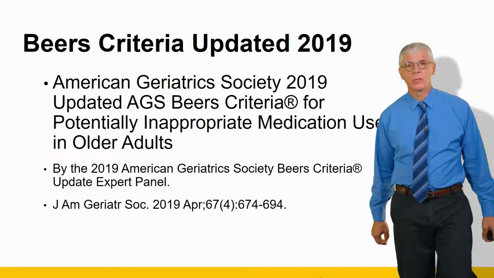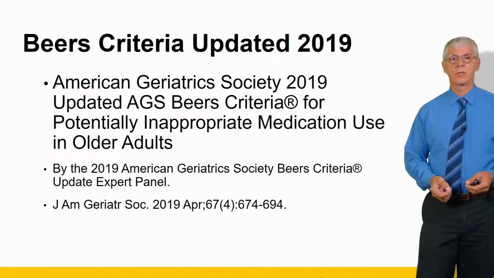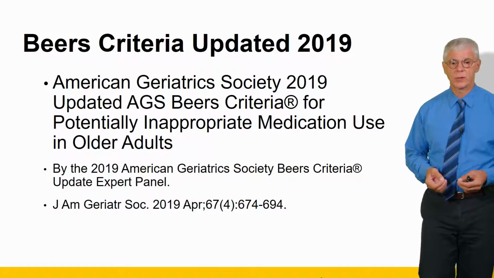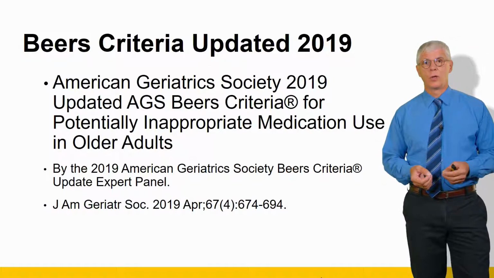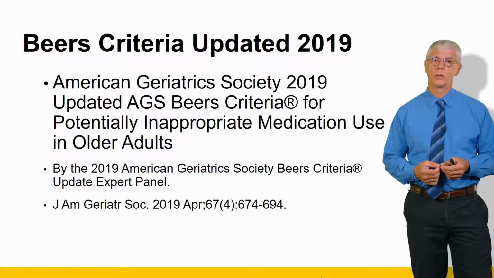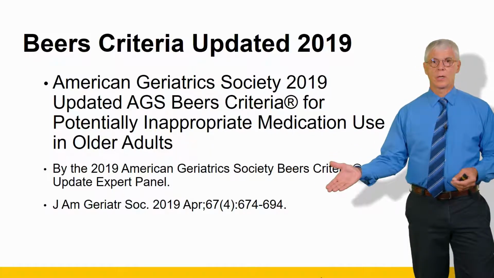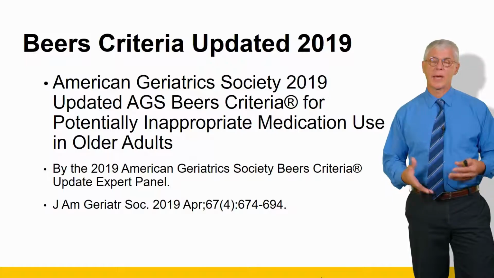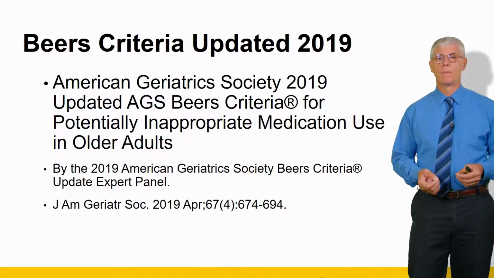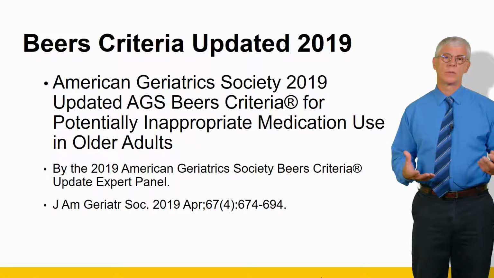So the Beers criteria, we're going to start with that. The Beers criteria were updated just recently, earlier this year in 2019. They are published now by the American Geriatric Society, and they're located at their website. You can go there to find them. You can also find them in their journal, the Journal of the American Geriatric Society. I've got the citation listed here, and I highly recommend finding that article. It's quite readily available. It is an amazingly well-written article, and it has all of the tables that I'm going